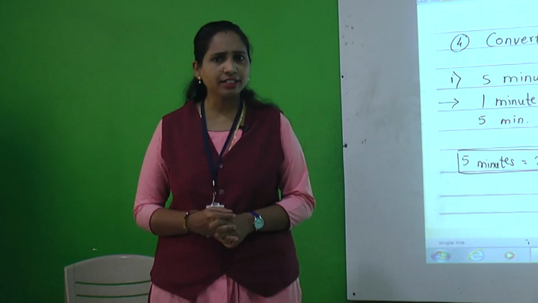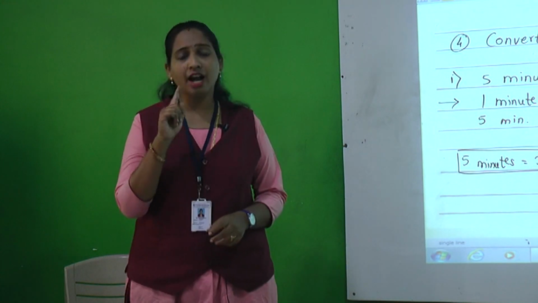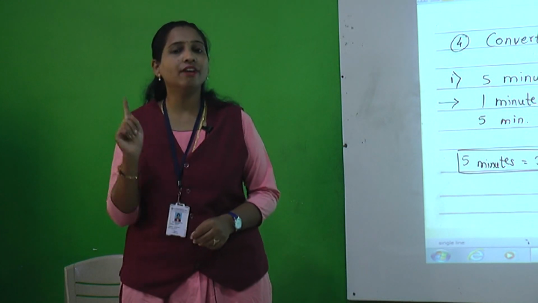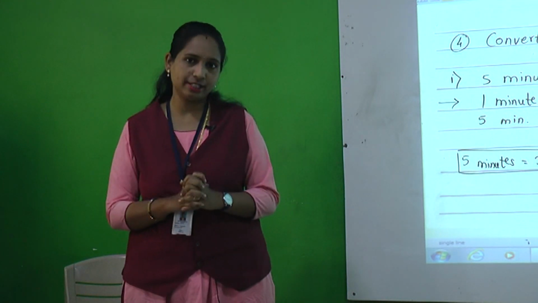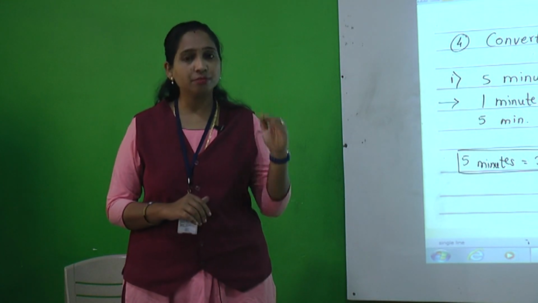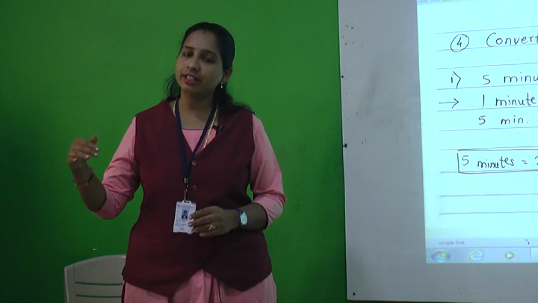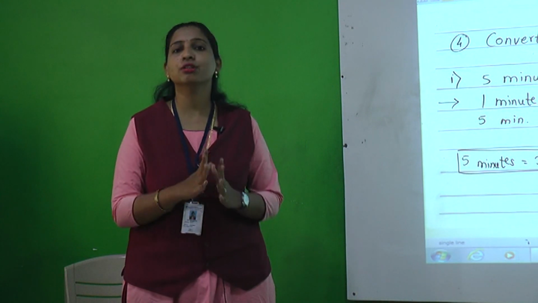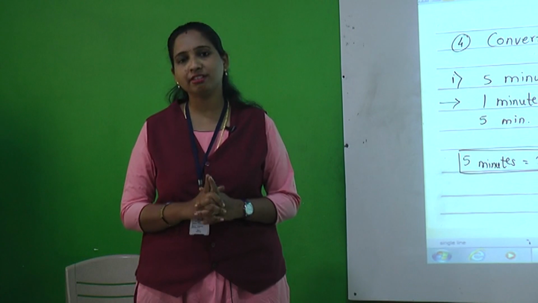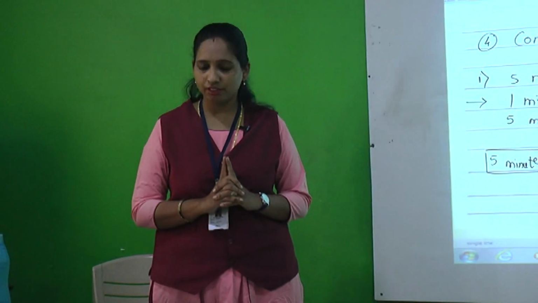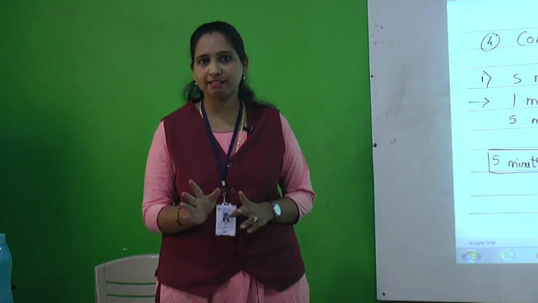So what we have studied today? Conversion of time. So when you want to convert hours into minutes, you have to multiply by 60, and minutes into hours divided by 60. When you want to convert minutes into seconds, you have to multiply by 60, and seconds into minutes you have to divide by 60. Clear? Keep in your mind these 4 things. With these 4 important tips you can solve this full exercise